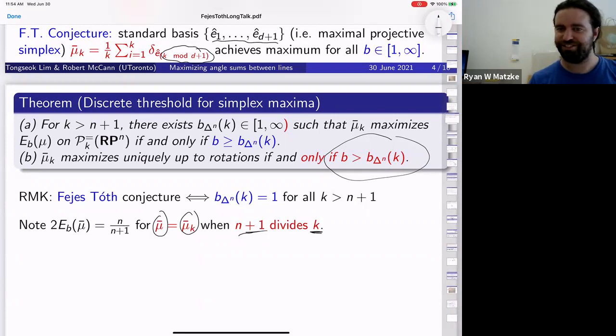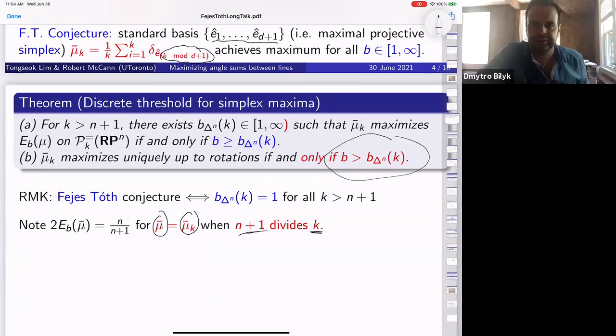Other questions? Yeah, I have a quick question. Do you have a guess as to which other energies may have the same optimizer, the periodically repeated orthonormal basis, or what's for the discrete energy? Or, in other words, what is the main property here that makes